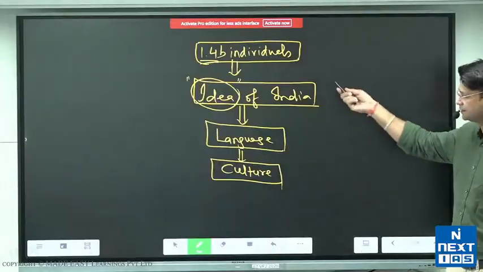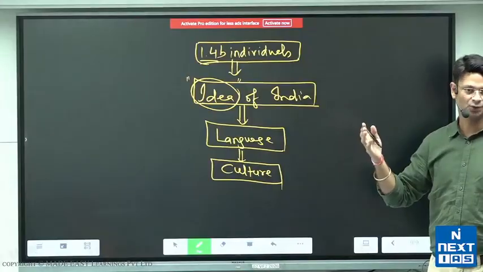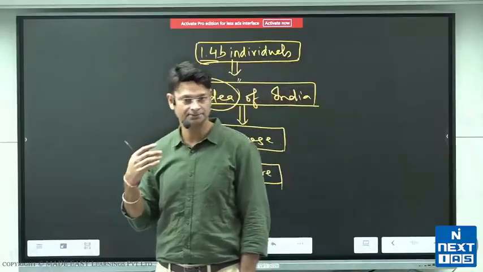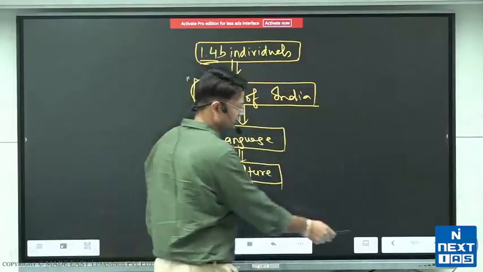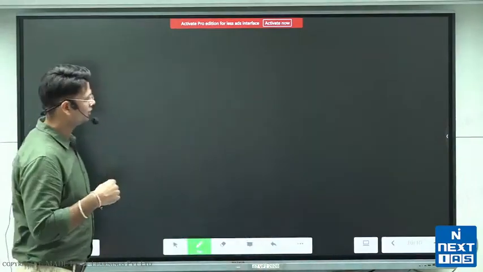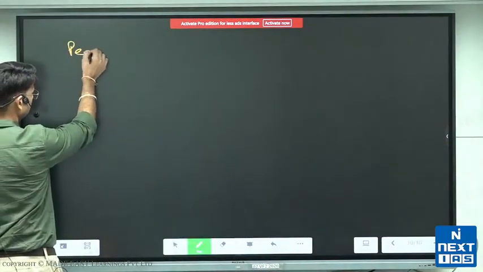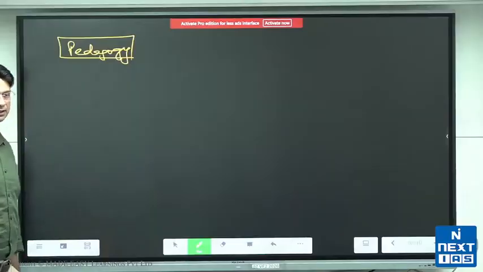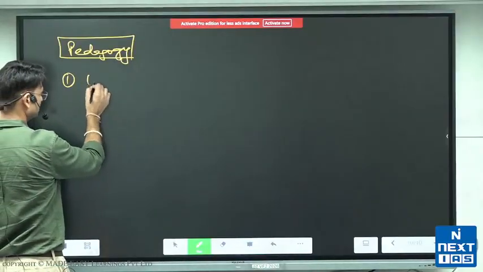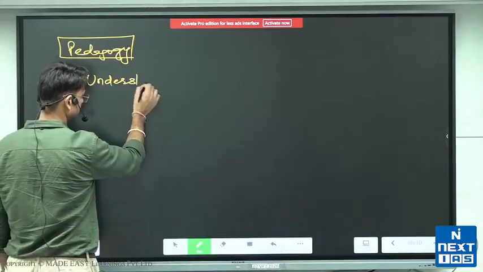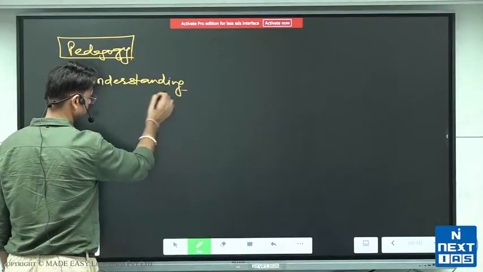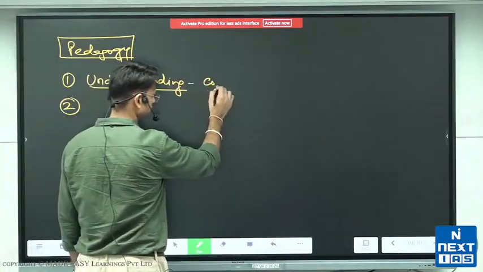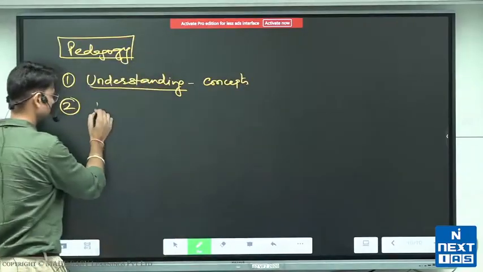Okay, so we try to understand humans in their entirety. What is a human? Right? What makes a human different from an animal? Okay, so this is what we are going to understand slowly and steadily. How we are going to understand, I think you must know. So our pedagogy includes first understanding the concepts, second taking notes